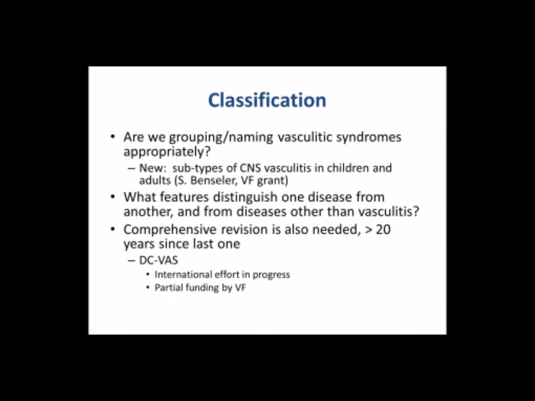But there's a big international project, called DCVAS, which again is partially funded by the VF and probably wouldn't have happened without that funding. It is designed to try to revise the criteria. It's been more than 20 years since the American College of Rheumatology did that, and there's a lot more known, for instance, the ANCA antibodies, but also a lot more advances in imaging techniques, just better quality of data collection, more collaboration internationally. We hope that this will either tell us that indeed polyarteritis nodosa is one disease, or whether we have to really think of it as multiple different things with different causes.